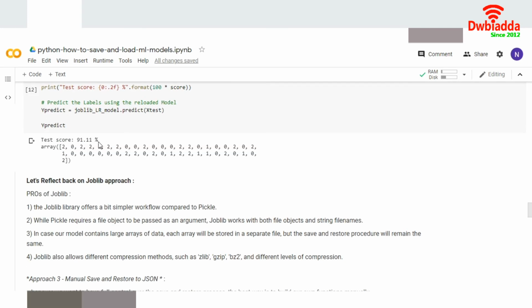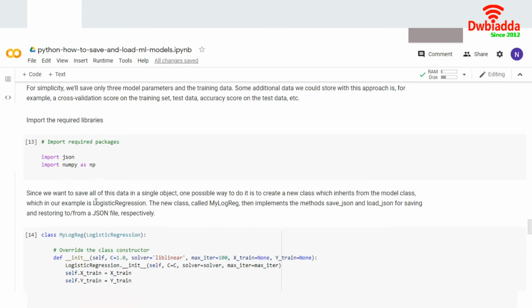Then we can predict it. You can see the test score is 91.11%. So this was the second approach you can use to load your previous model again and check your performance on the unseen data.